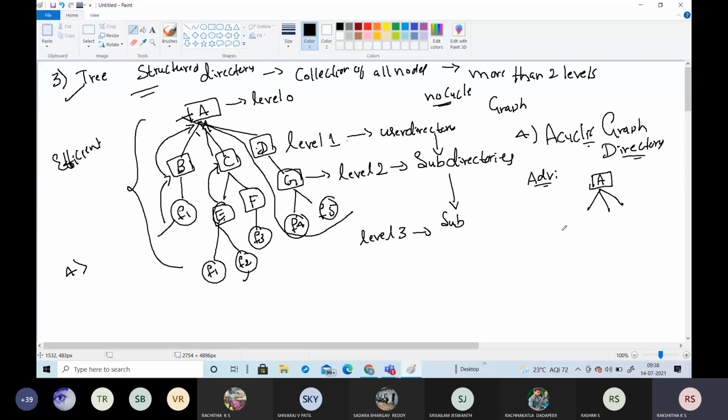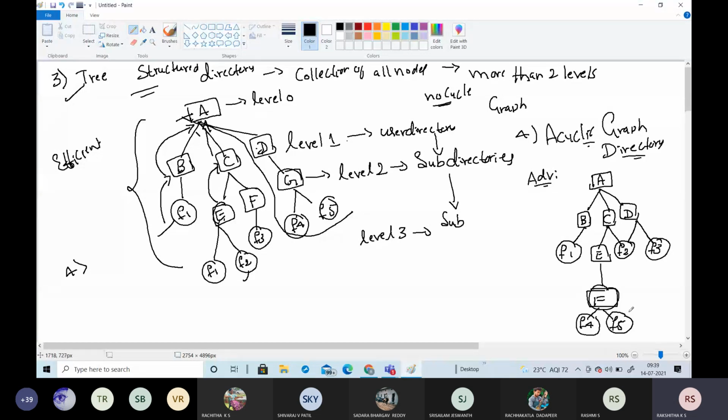Under that root directory, there will be B, C, and D. Below that B, there will be one more subdirectory with files, and again to the C, there will be one more directory E, and F2 is the file here, and the same file can be accessed by the directory known as the D directory, and F3 is one more file. If you take this E, it is a square directory, and F4 is one more file, and F5 is one more file here.